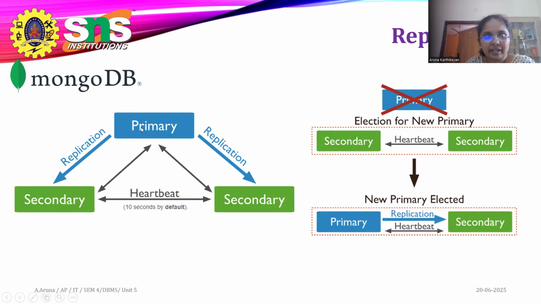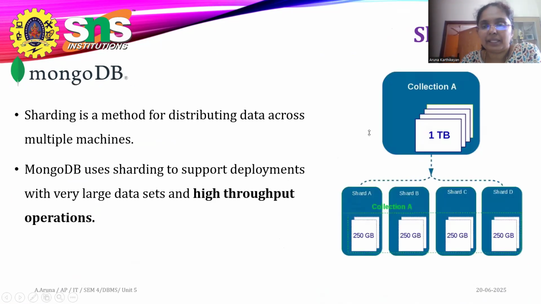Here there is a primary and a secondary, and through the primary we can replicate each other. This is present by default. Here you have the primary data. This is the newly elected primary. Through a secondary we cannot create another secondary; only through the primary can I create one. This will act as a primary, then we can recruit it. But that is not possible in the replication process.